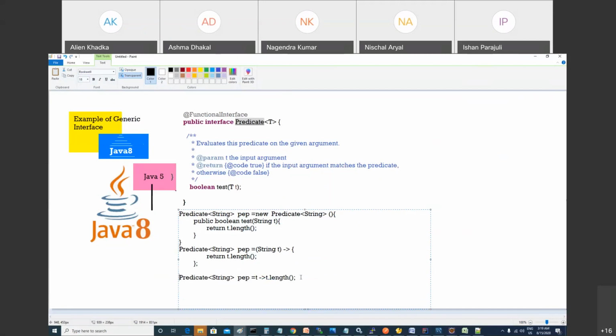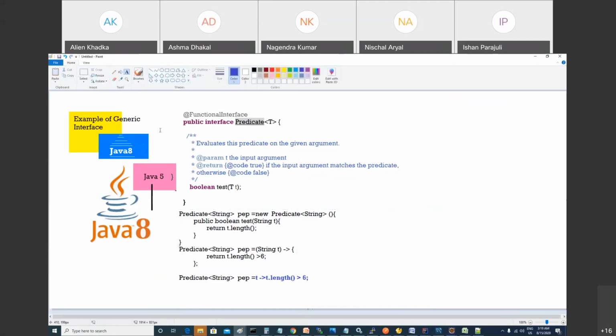So you have to catch this: when you write this kind of right side definition, you should understand I am talking about predicate, because predicate takes one input and returns a boolean value. I'm sorry, I made a mistake. We cannot return integer, right? We have to return boolean value. I have to write greater than 6. If it is greater than 6, it will return true. So this should always be a boolean expression. Sorry for the mistake.